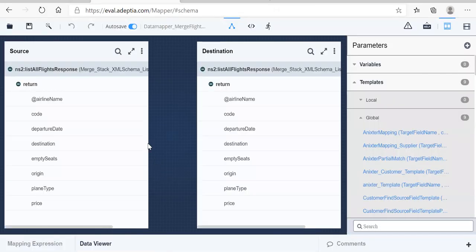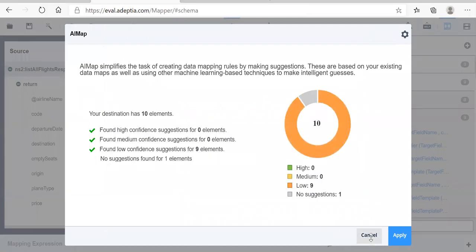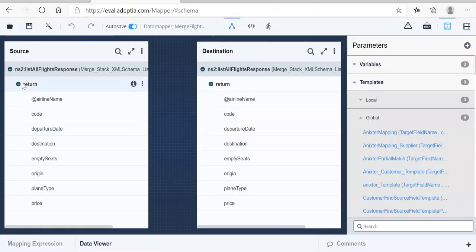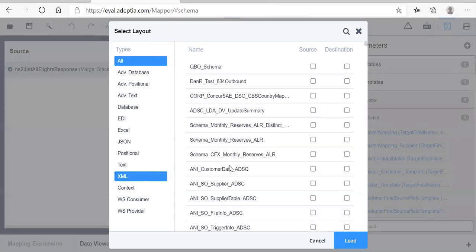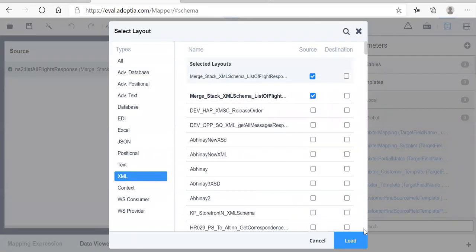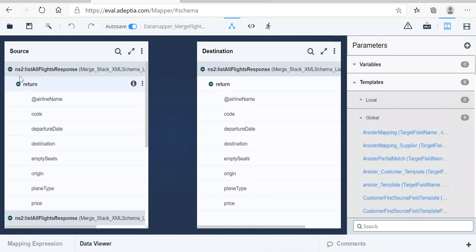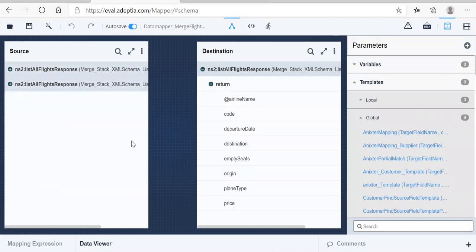Load it. I don't want this one. Because I need two sources, let me add the source again, XML. Now you can see there are two sources here, and on the right side we have only one stream.